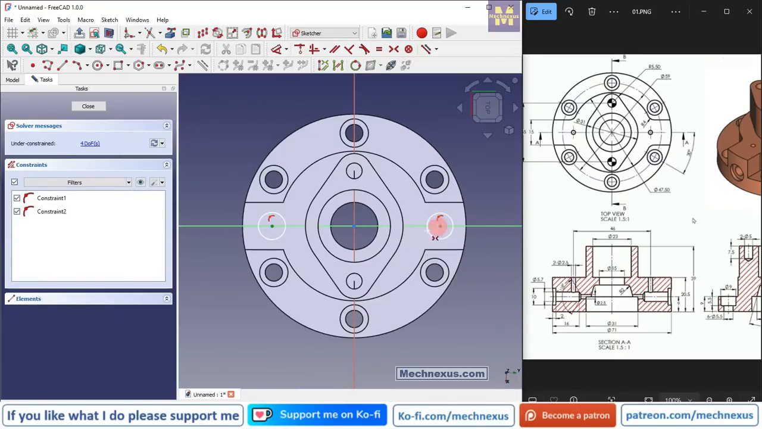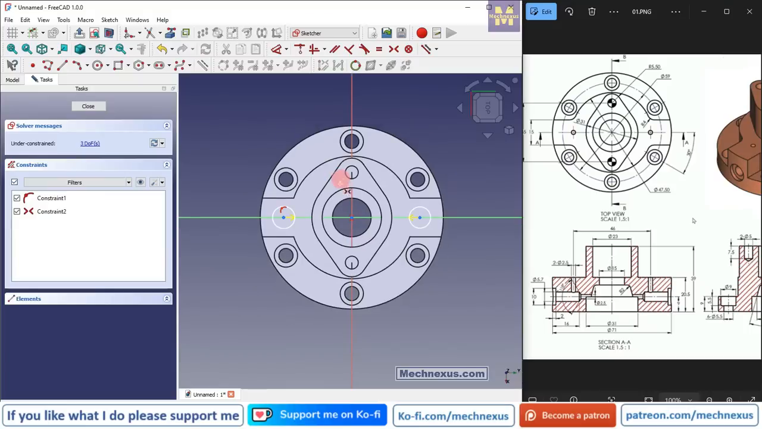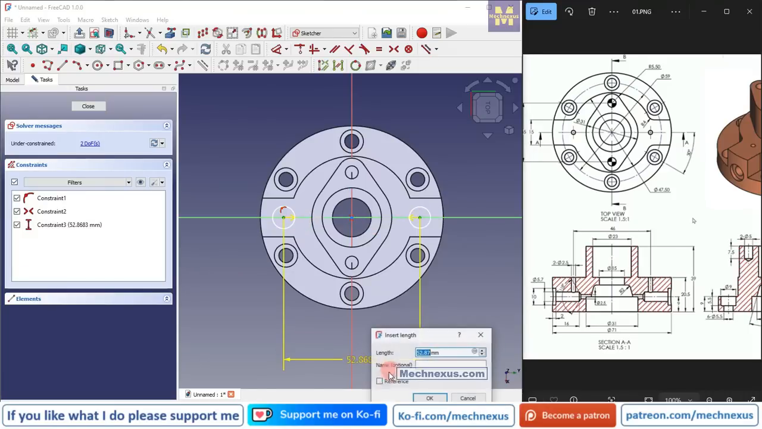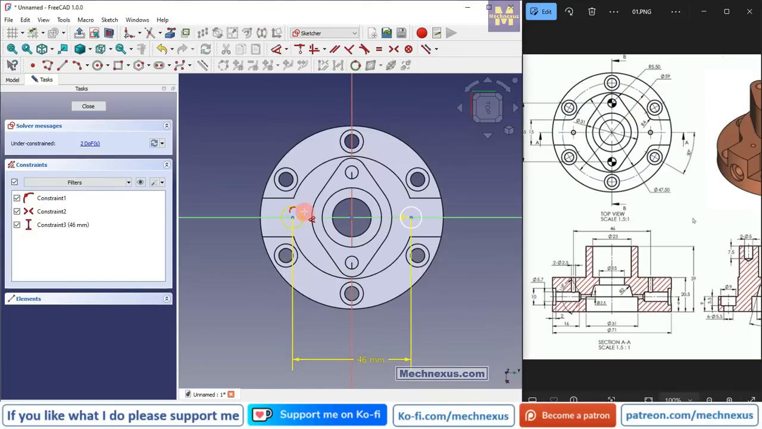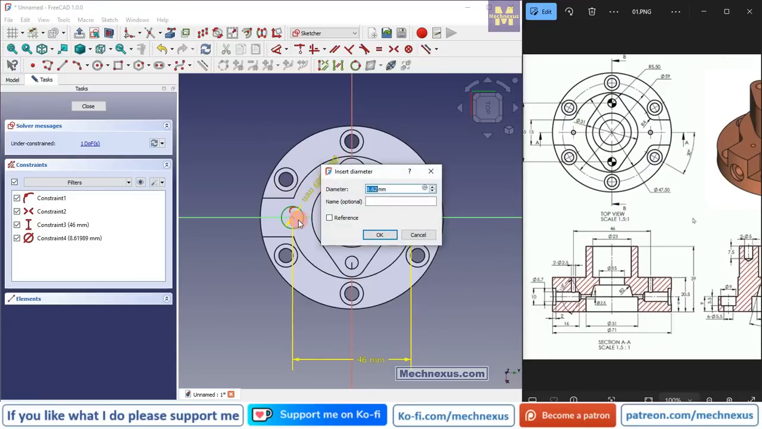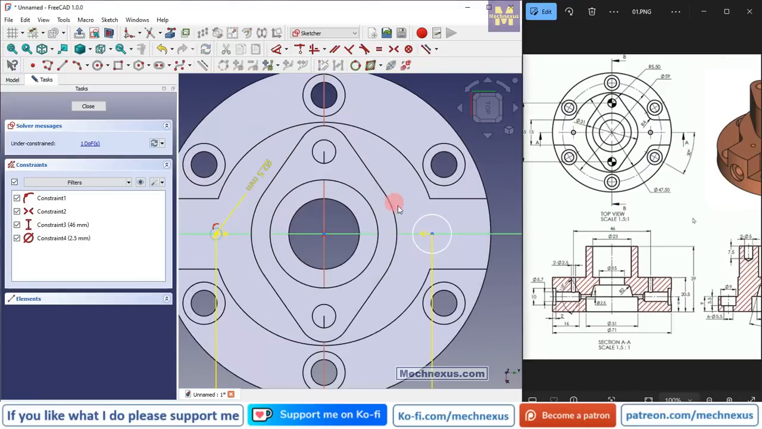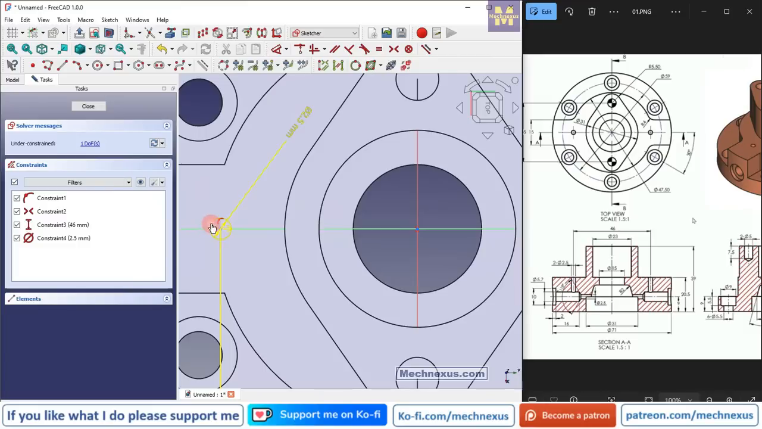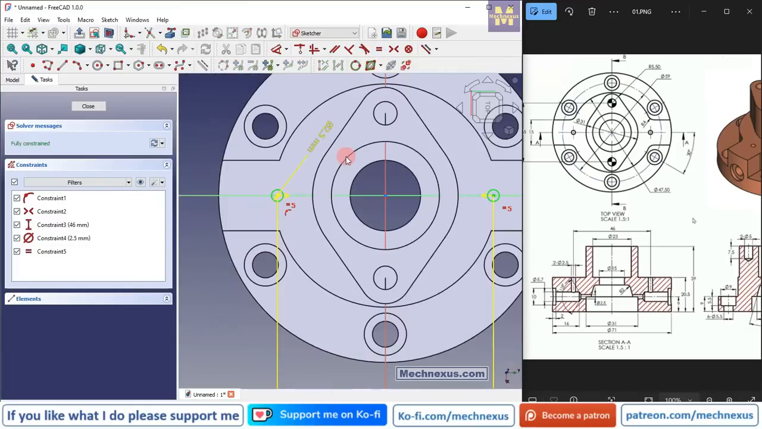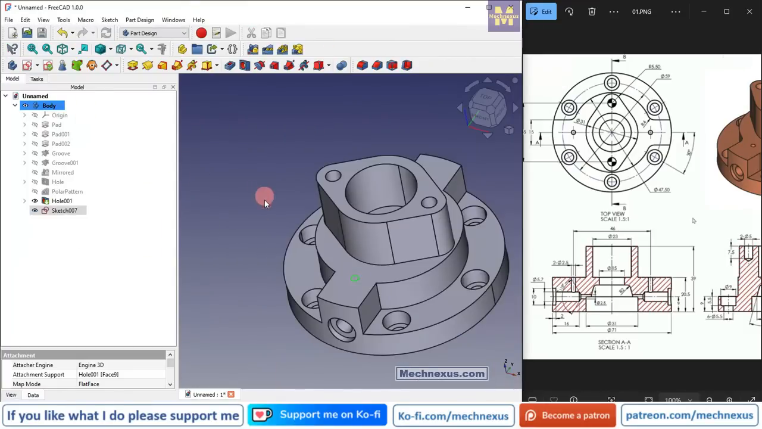Select this point and this axis, and the distance between these two holes is 46. So select this and this, provide the 46, select the diameter tool and provide the diameter of 2.5. Select this and make it equal. Click on OK, and now we will